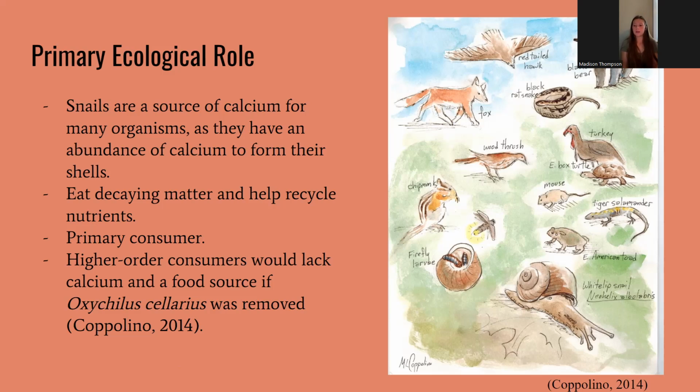There would no longer be the availability of calcium that was previously found, and birds and other animals that lay eggs would struggle because they wouldn't have the resources they need to have a firm eggshell that could allow their young to develop